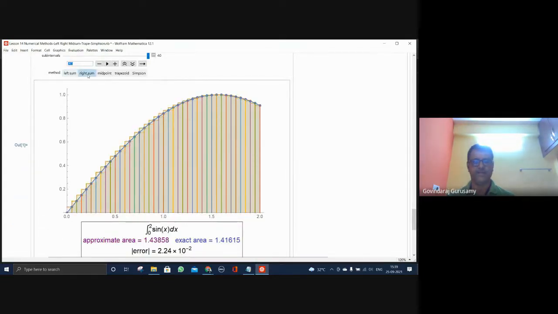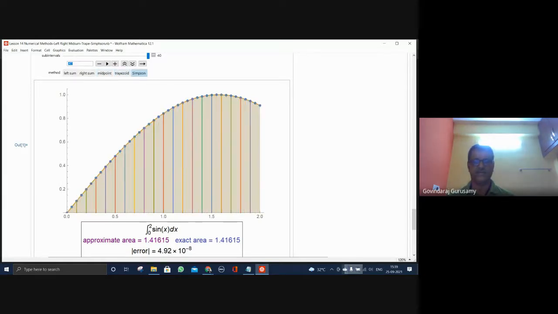Same data points. 2.23, 2.24, not much difference. 2.24, 2.3. Midpoint should improve. 2 orders jump. Quite good compared to the other two. Trapezoid with the 40 points. If you follow the Simpson, that's fantastic. Much higher accuracy